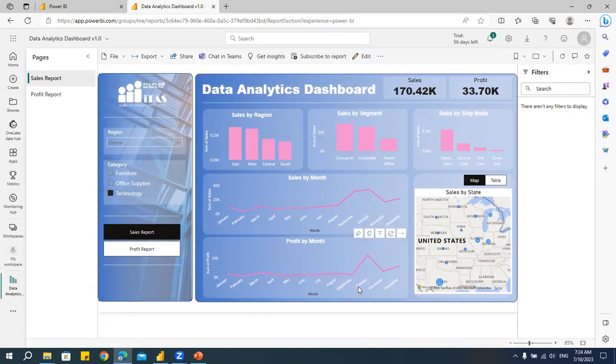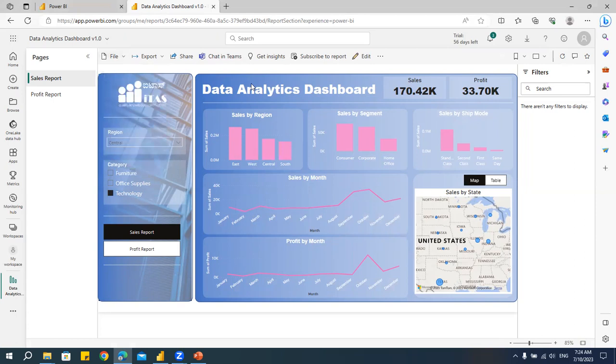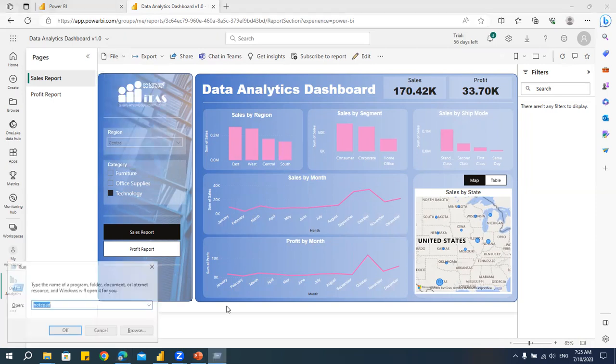Few things I'll talk about this because this is what I wanted, because let's not go in depth of all this. There's a lot of things to discuss, but mainly whatever is required, we'll just work on that. When I publish, I get this project that I've done. Now what I'll do, I'll go here, there are some menus here, okay? I'll click on this file. You can see there are so many different options. The main intention of publishing is to share. Say, let me tell you,